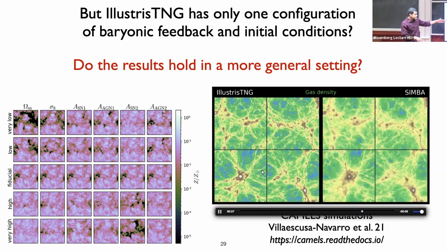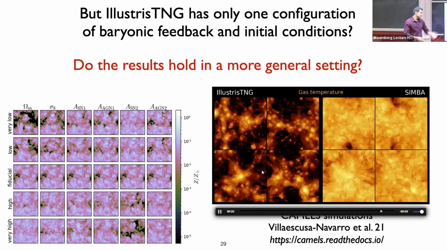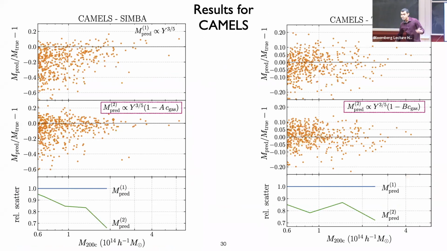Whenever you use this simulation, I think this is a nice caveat to keep in mind: the subgrid physics is not the truth. So that's what our point was, to check whether our results hold, and they seem to hold on these different feedbacks and different subgrid physics. Here in the middle panel, I've shown that this simple equation that we got earlier does hold. You have to change the parameters a bit, the constant is different, but it does hold for both these cases.